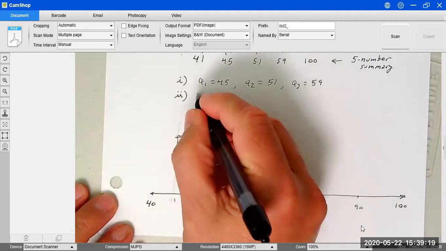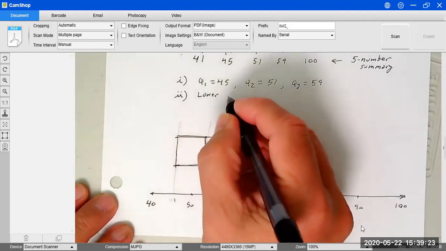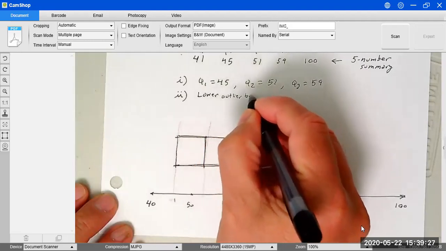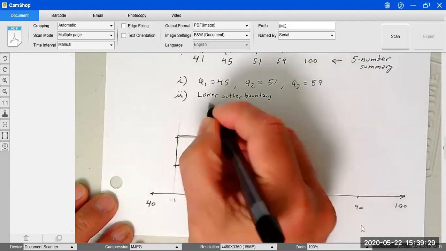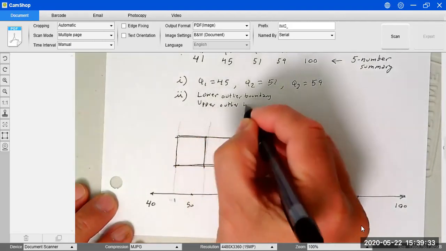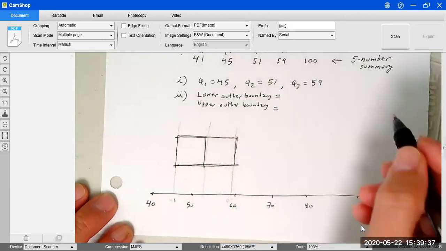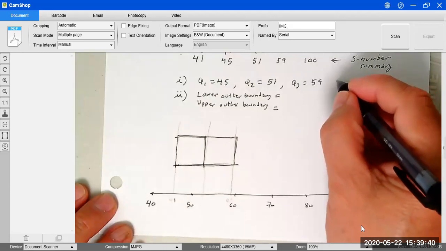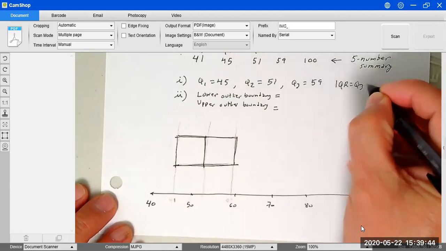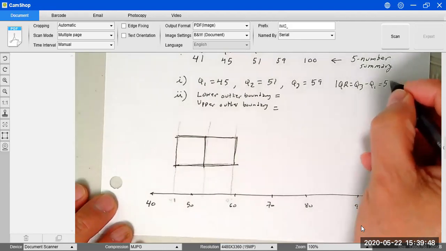So we need the lower outlier boundary and the upper outlier boundary. So for that we need the interquartile range, which is just Q3 minus Q1, so 59 minus